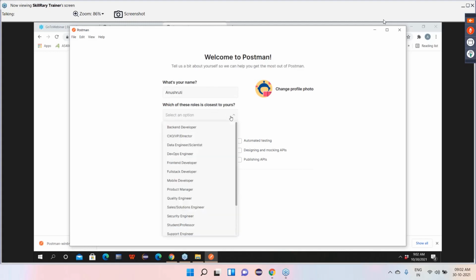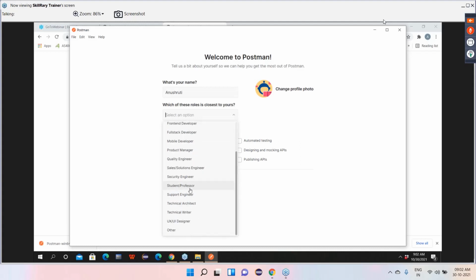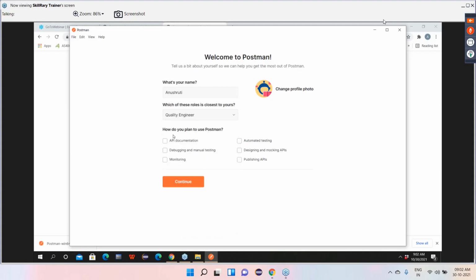What role do you have? Let's say quality. How do you plan to use it: automated testing, manual testing, designing? Anything you can select, no issue.